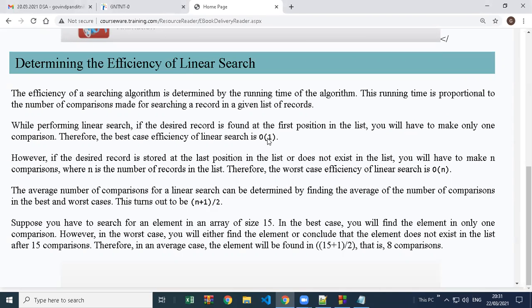So O of 3 is not there. Actually, in big O notation, we don't have O of 3 or something, then O of 4 is there, O of 5 is there. So it can be denoted as O of n actually, because every data time is increasing. So that is O of n. Okay. So in big O notation, we only have O(1), O(n), O(n^2), O(n^3) cubic, or exponential like this.